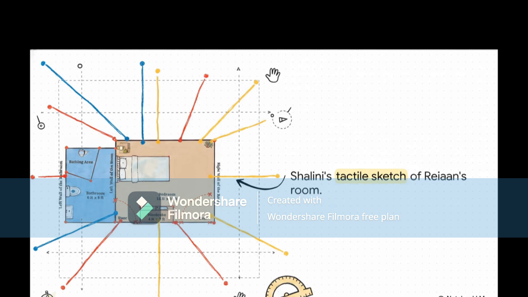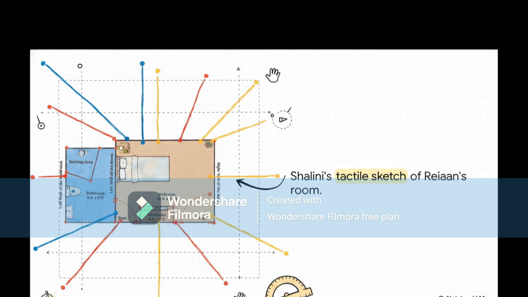So, to help him out, his sister Shalini used the coordinate geometry she was learning in school to build him a tactile grid map. Using a scale of 1 centimeter to 1 foot, she mapped out his new bedroom, using pins and thick wool to mark the bathing area, his bed, and the wardrobe. This setup allowed Rian to actually feel the directions and distances with his fingers, completely demystifying his totally unfamiliar new